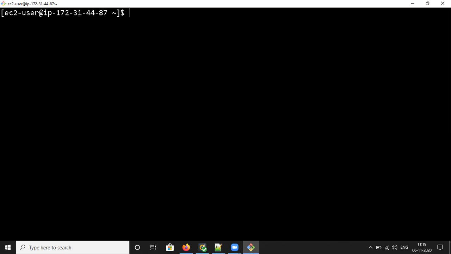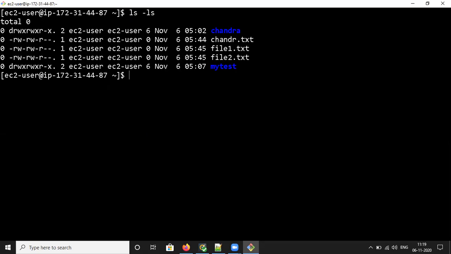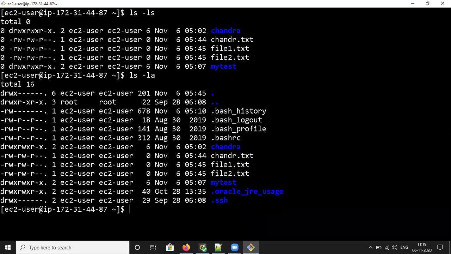We'll discuss the remaining commands in the next session. Guys, keep note of this. All the commands are important when you are going to work on Linux. I'm going to use ls -la. It is going to display the hidden files also.